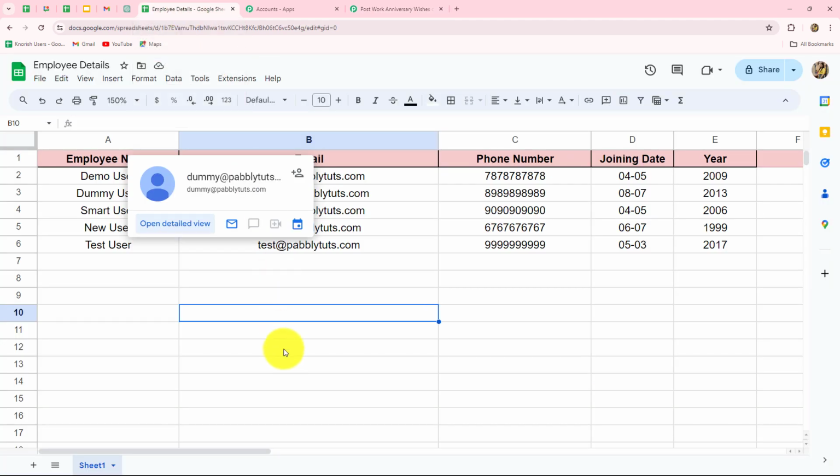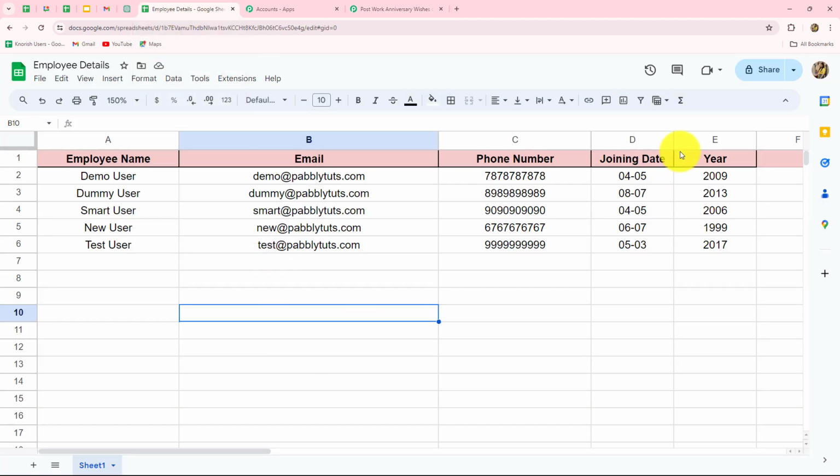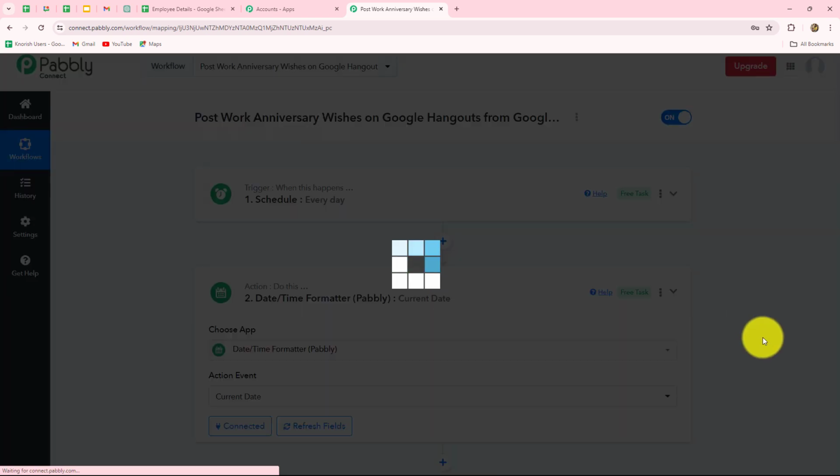Now, whoever from the spreadsheet has the work anniversary on this particular date, automatically the wish will be sent to that same employee. But for that, we have to get the details of the spreadsheets in Pabbly Connect so that we can match the work anniversary date of the employees to the current date. And whosoever matches, that means whosoever has the work anniversary on the current date, the wish will be sent. For that, we have to go back and now split our current date